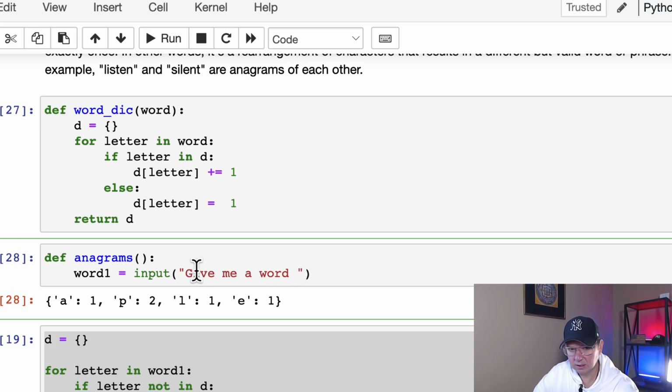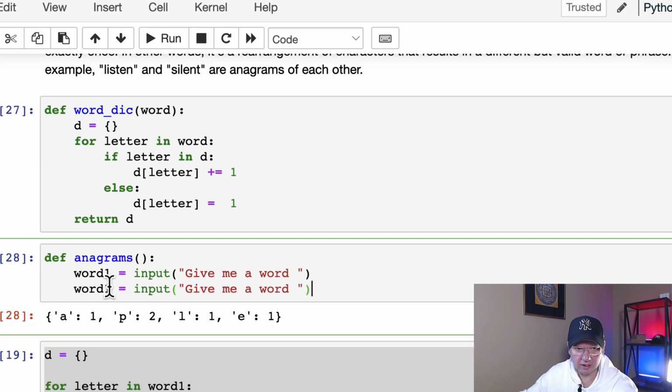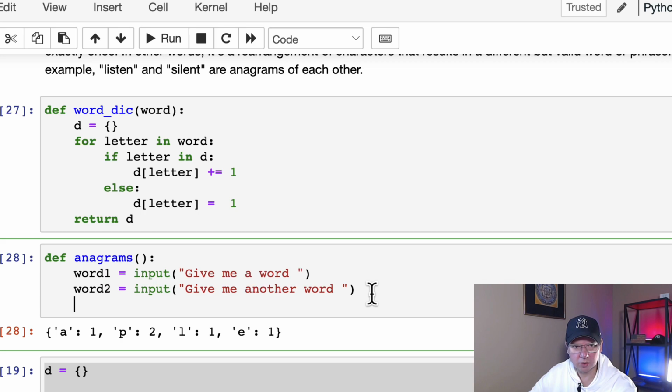All right, give me a word, and then word 2. And then word 2 would be give me another word. Okay, so then what I could do, I could actually call this function word to dictionary,